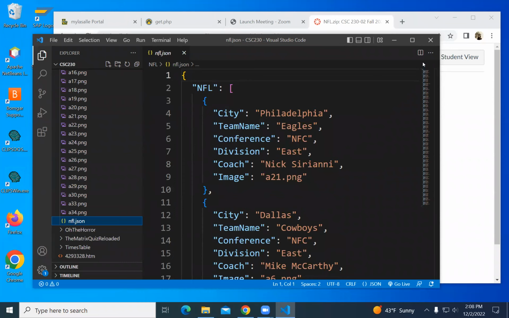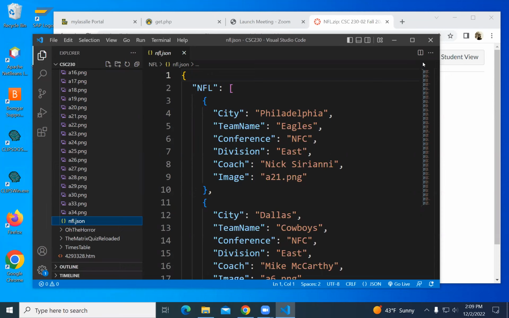But I want to change it up a little bit. What I have here is there is a conference property and a division property. And what I want to do is sort of a discovery in code to find out what the conferences are, rather than assume it's NFC and AFC.